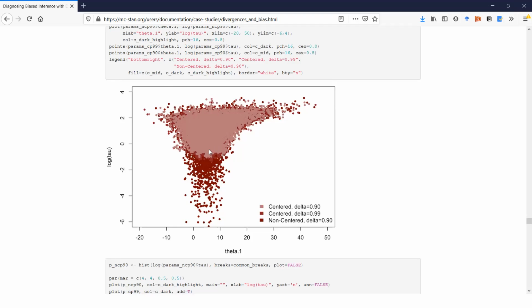If we use the centered parameterization, we would explore only the area around the mean well, but not go down the funnel. That's the light red color here. While when we use the non-centered parameterization, the dark red, we were able to go inside of the funnel and explore this part of the density too.